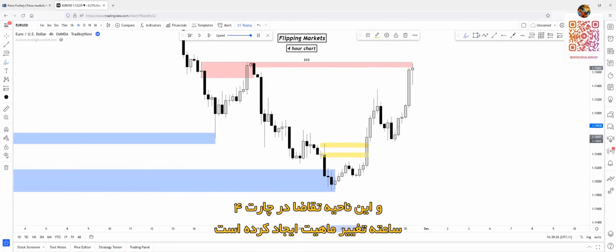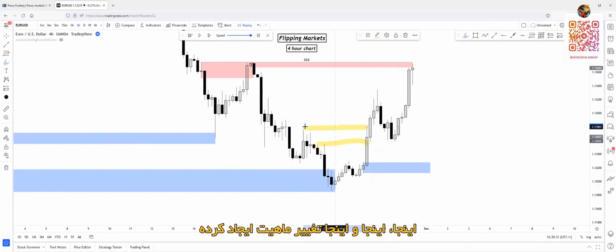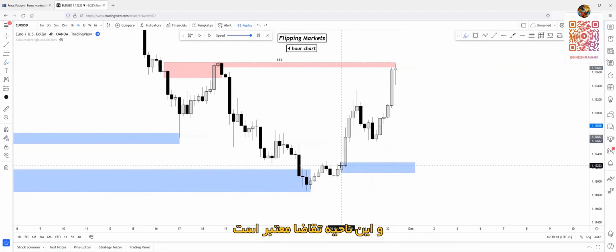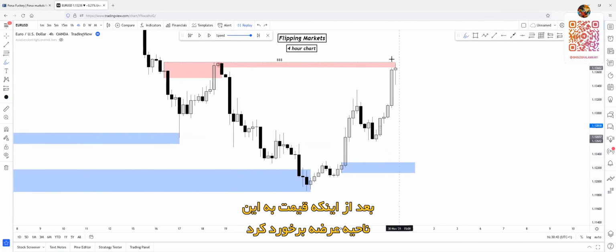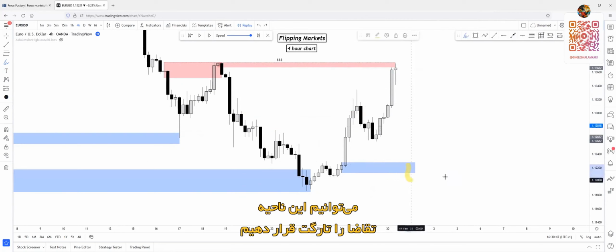And this demand zone right here changed character on the 4-hour chart. As you can see, it caused a huge inefficient push to the upside, change of character here, here, here. So basically change of character everywhere. So this will be a valid demand zone. After this supply has been tapped and the 15-minute change of character happened, we can target this demand zone right